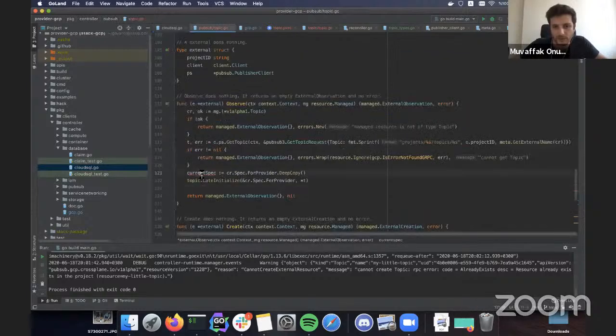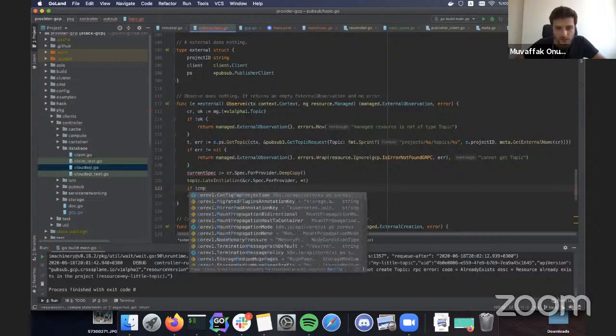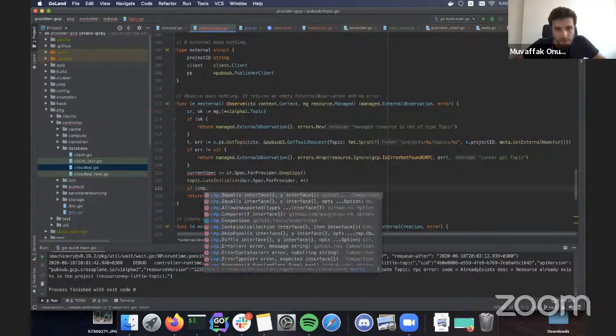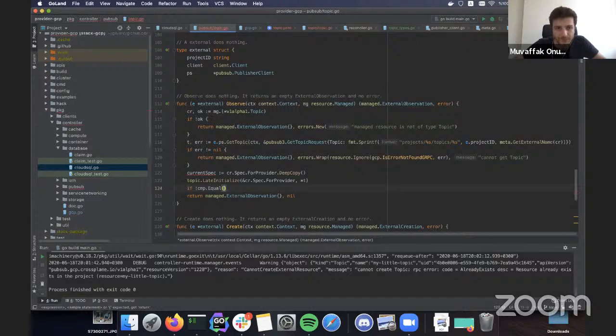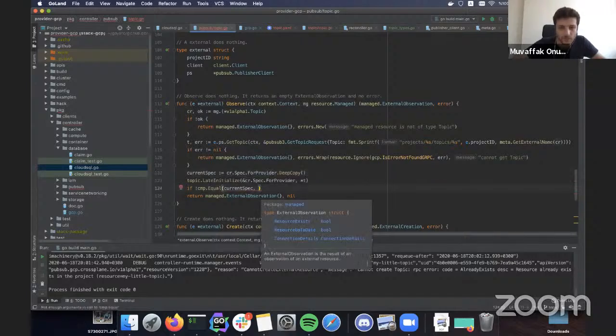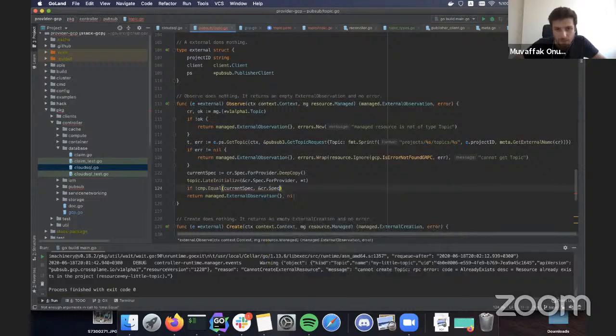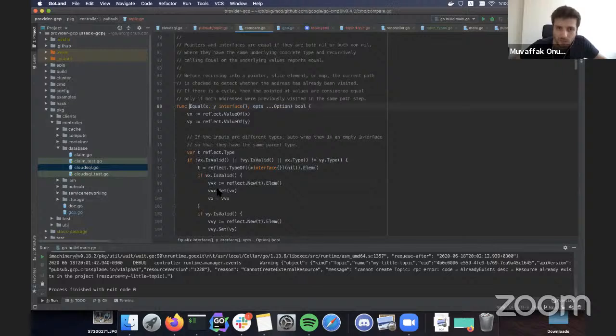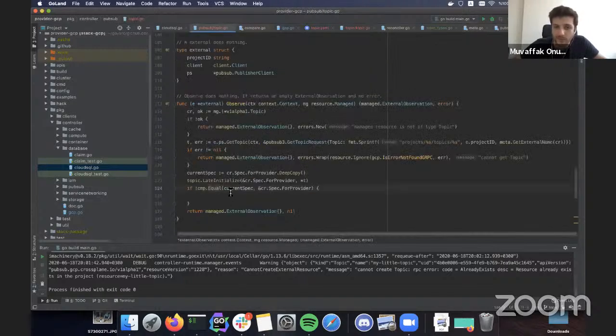So first we save the actual spec, whatever it is there right now. So we say if cmp.Equal, the current spec with the new spec. Be careful here, because this Equal takes interface, which is anything, but they have to be the same type.